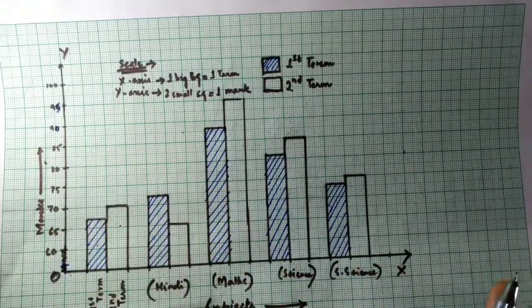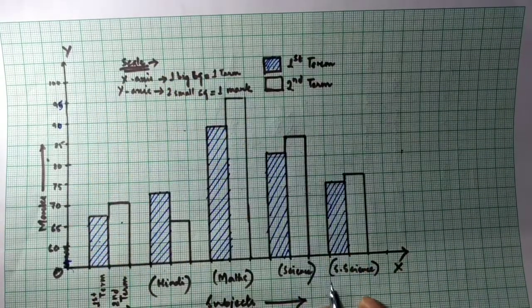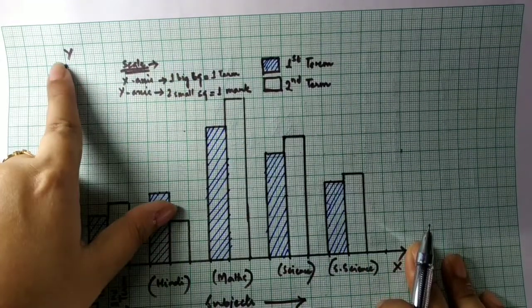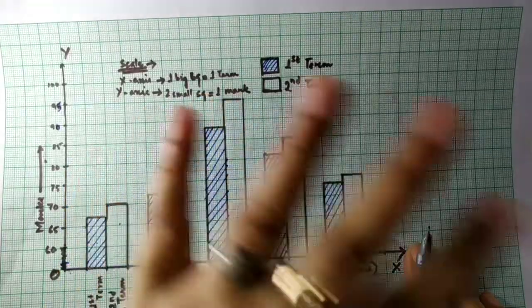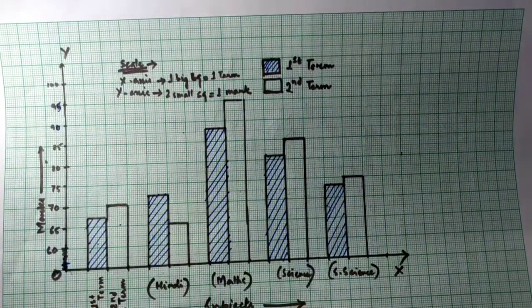Okay. So please draw the graph neatly. Write down whatever your x-axis and y-axis represent, which is your x and which is your y. Write down the scale and all the definitions. This is a double bar graph. Now we'll write down the answers to the questions.